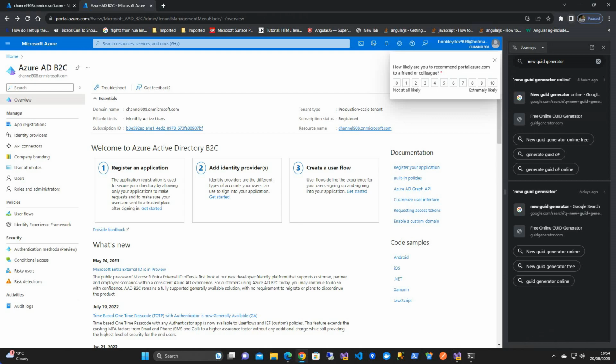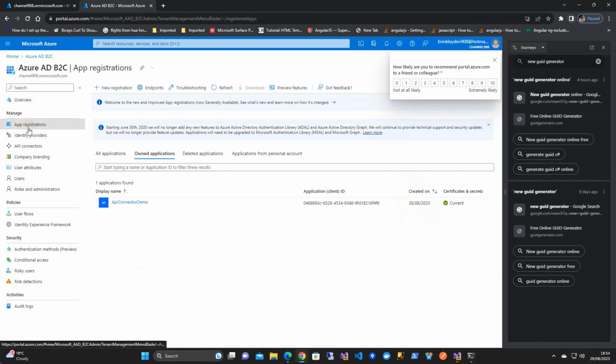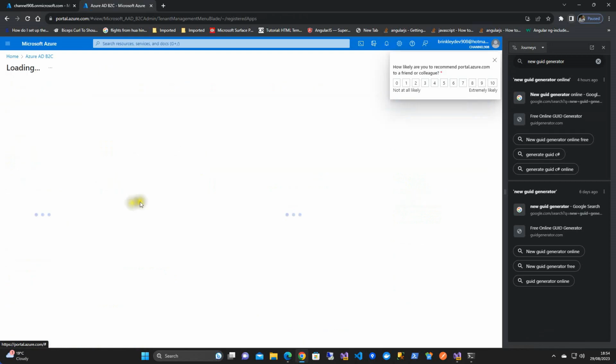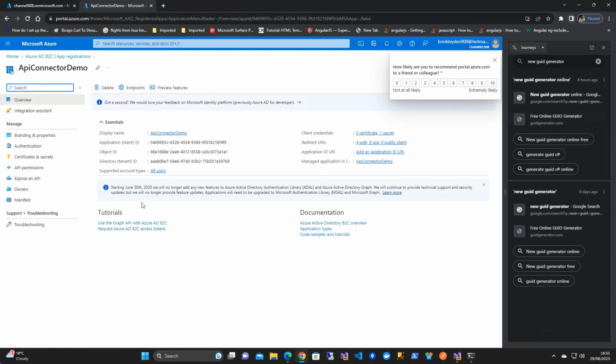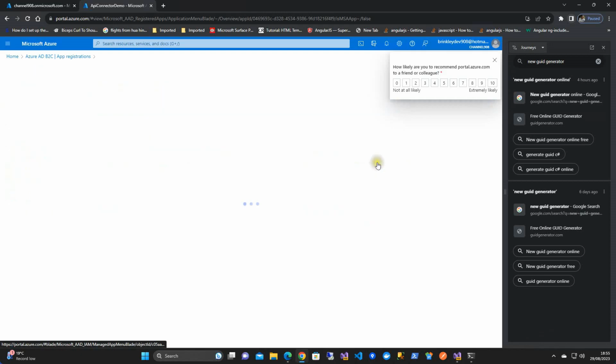Your app registration provides a trust relationship between your API or your client and the identity provider, which in this case is Azure AD. Your application object is the definition of your application, but the service principal is the instance of the application. Now you can find your service principal if you go to your app registration and click this link here,